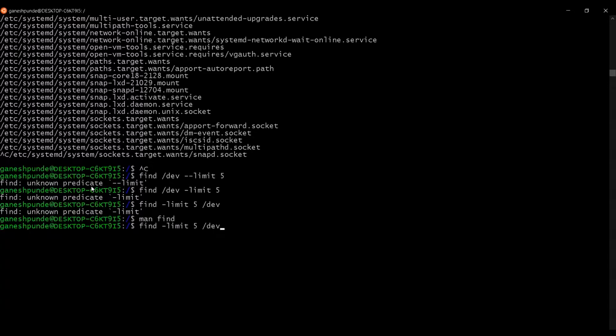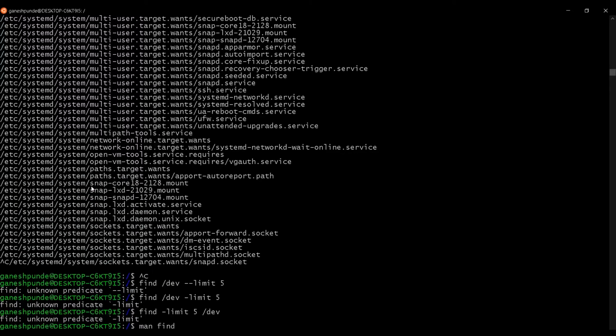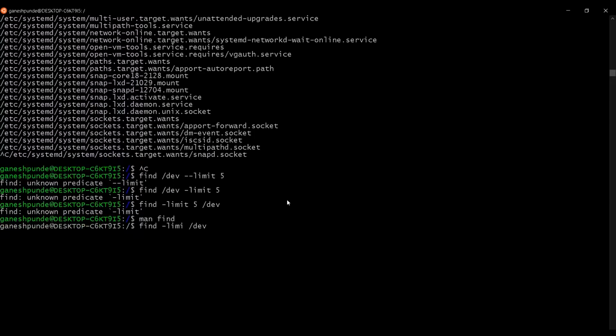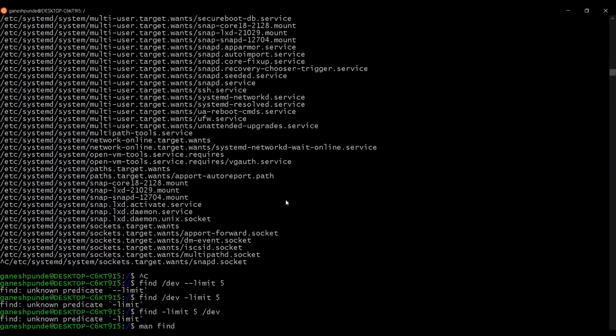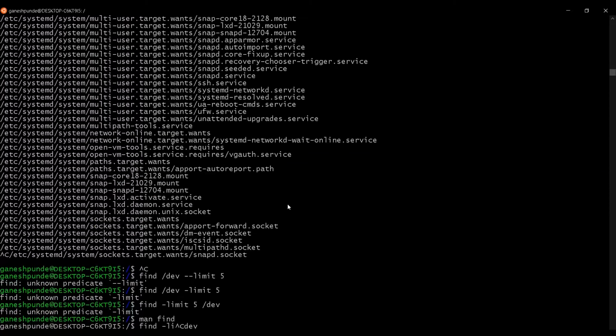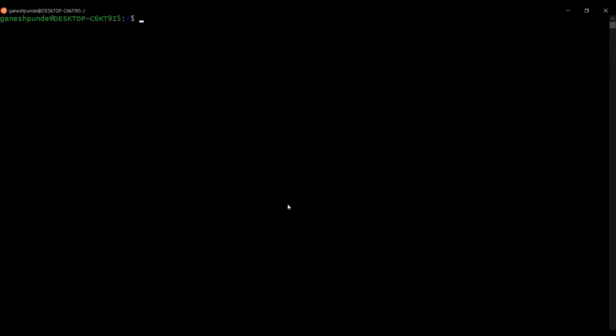So now you can see this is not working. If this option is not working, what we can do is pipeline this to some other command, let's say the head command.